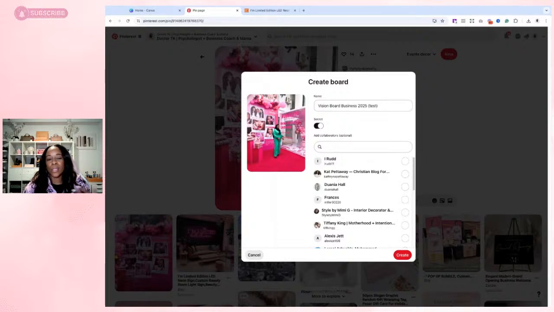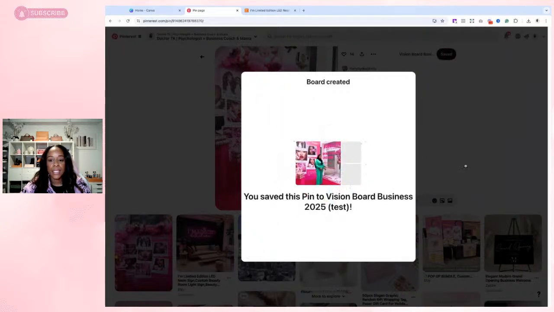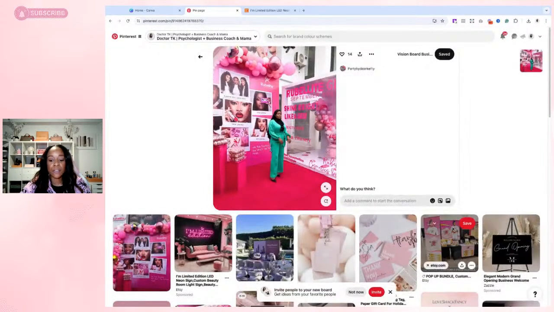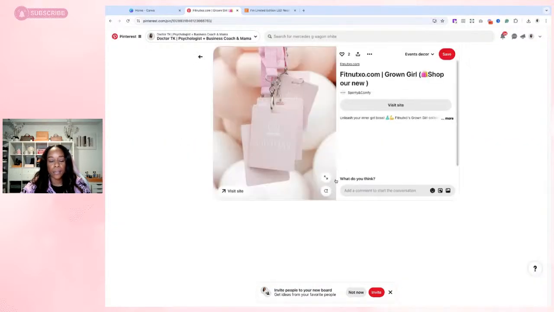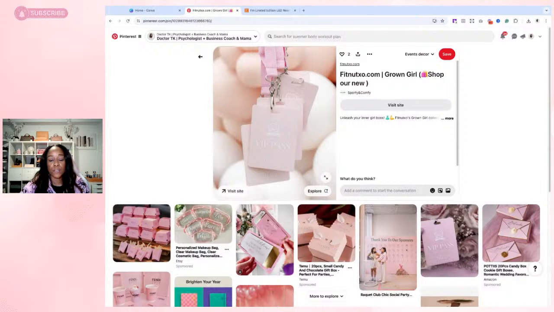And then he wouldn't really own Pinterest, but at least he'll see the things that I like. Then you click create. Once you click create, you can then save different pictures that you like. You just got to make sure it's the board. So let's just say if I like these lanyards and I'm like, oh my gosh, I'm going to have VIPs for my VIP clients.